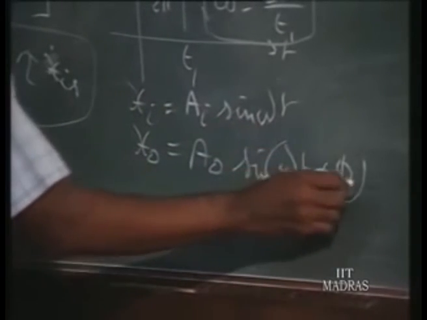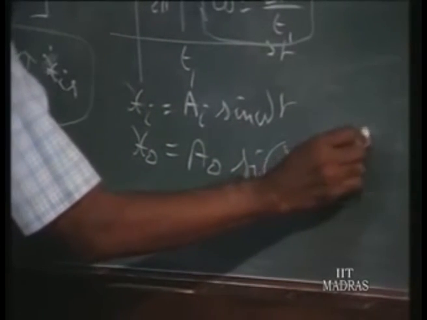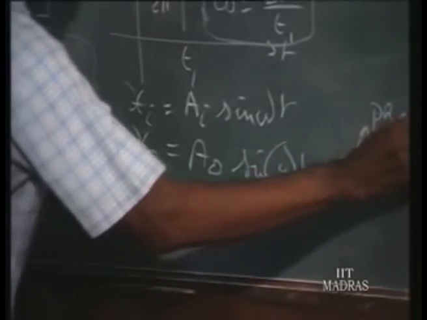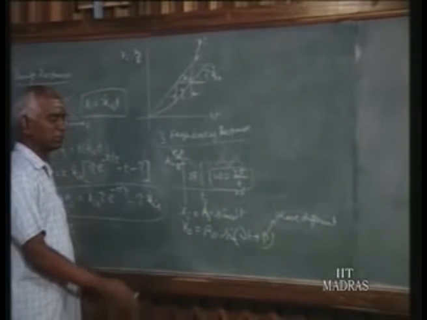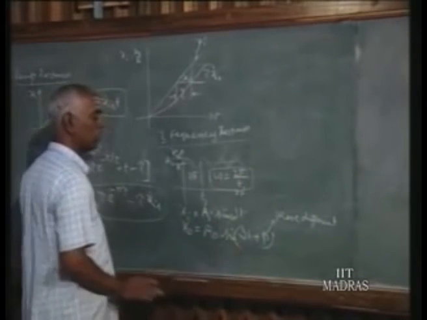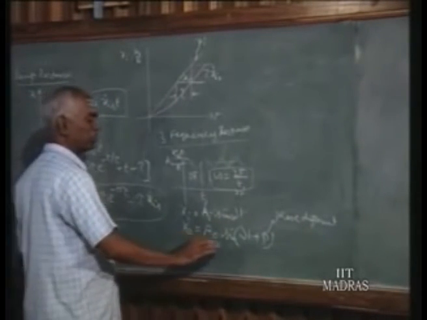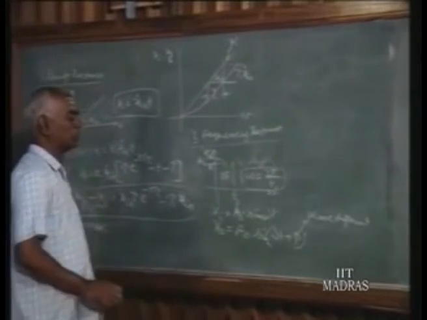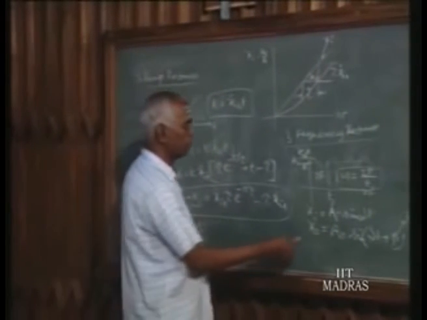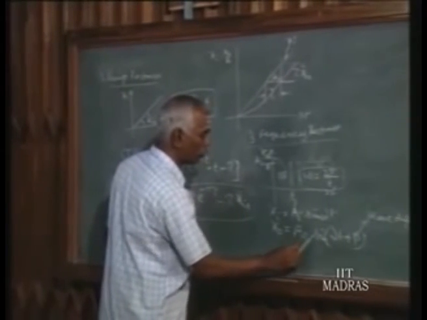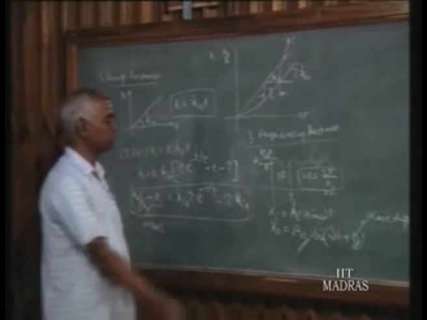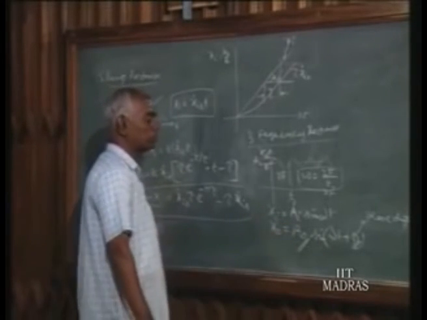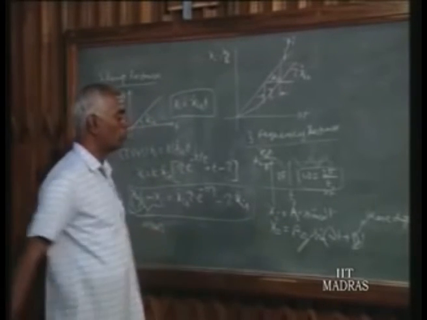Also you find the phase lag, that is the phase difference. That is, the output signal doesn't appear immediately. It is lagging or leading. So whatever it is, some phase difference will be there for the output signal. Now in the output you have got two parameters, AO and phi. They have to be found out. In that case, we can write that equation for the output signal. How to find this AO and phi?